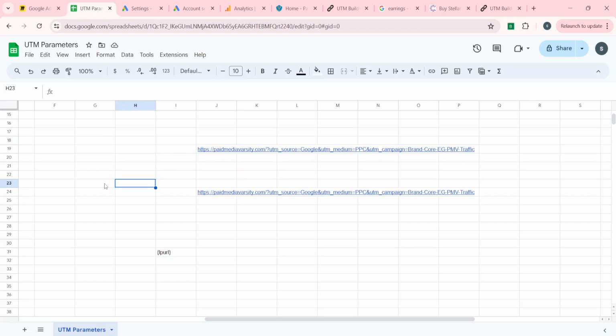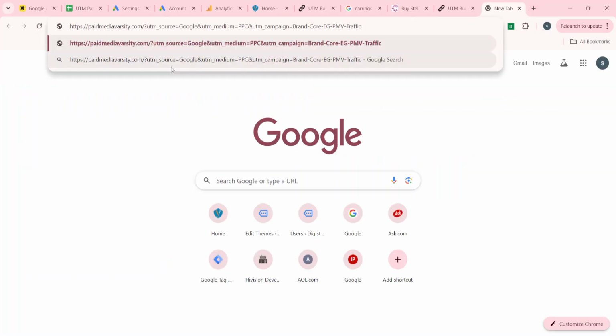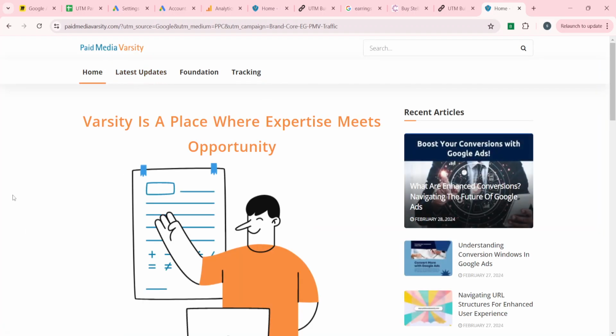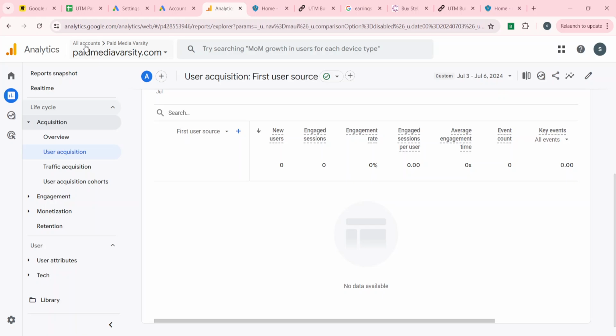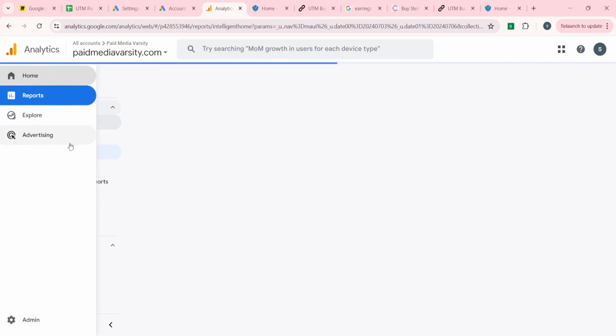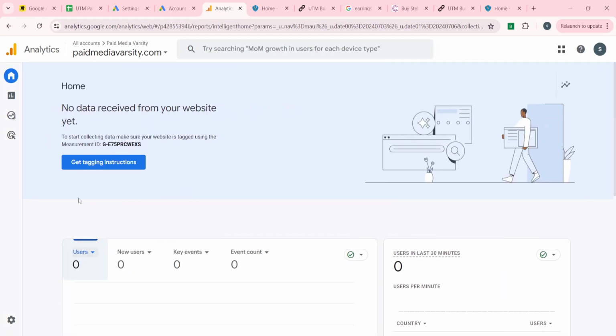So how will you identify? Let's say this is the ad, right? This is the ad that got triggered, and let's say when a user clicked on it, this is loading, right? So I am placing it here, and the ad got loaded. You have landed on this page. How will you see whether these UTM parameters are recorded in the analytics platforms or not? So for it, go to GA4. So here, this is the GA4 of this website. What you can do, you can simply